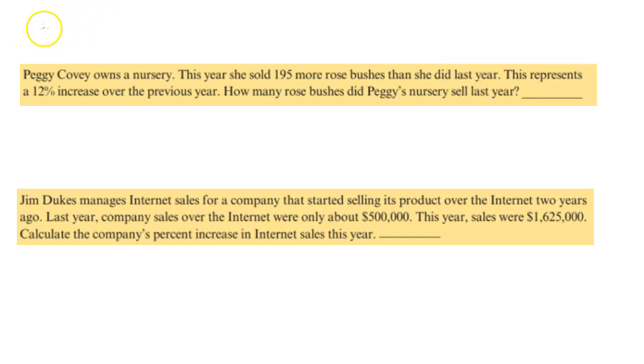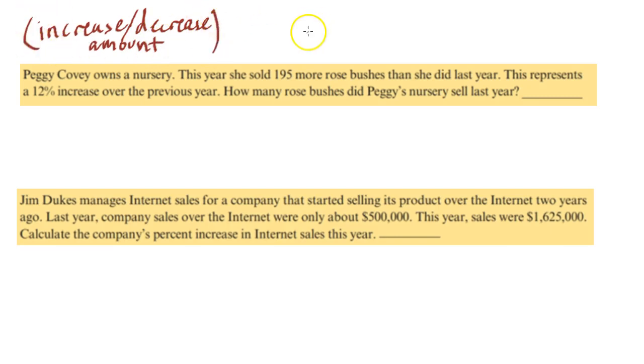It'll always have the increase slash decrease amount. Put amount down here. It'll have increase, decrease amount, and then